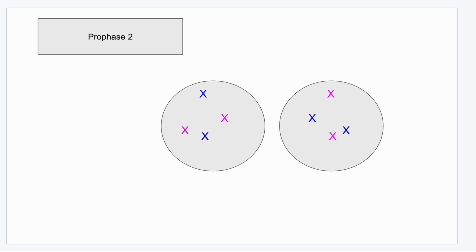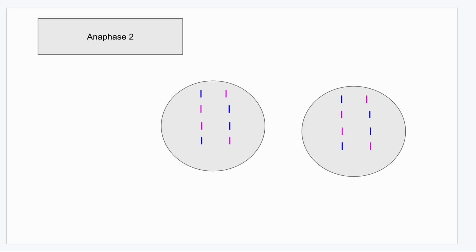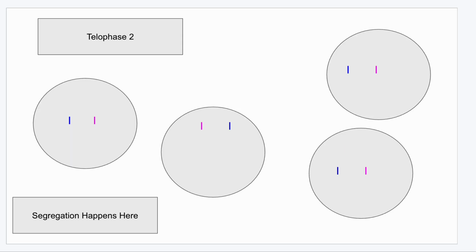So same thing as mitosis. Prophase 2, your chromosomes are visible. You can see them in the cell. Then they line up in the middle on that metaphase plate, and they are pulled apart in anaphase 2. And finally, we have segregation, and this is telophase 2. Segregation happens here, and it all depends on how they were independently assorted back in